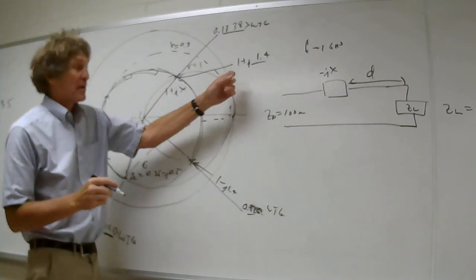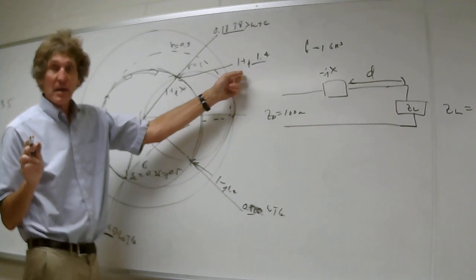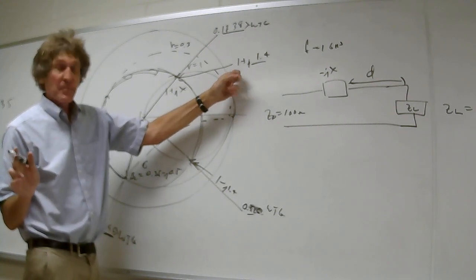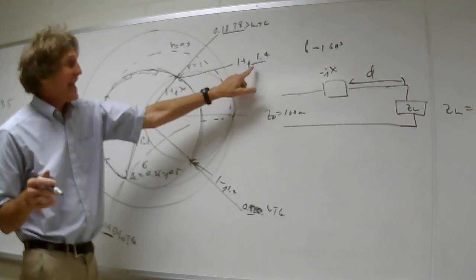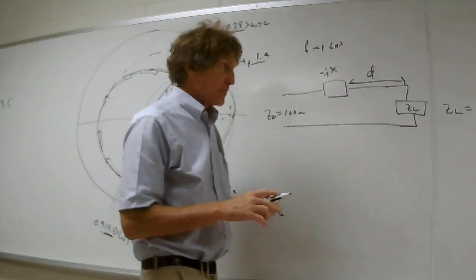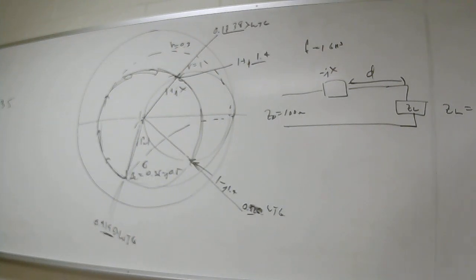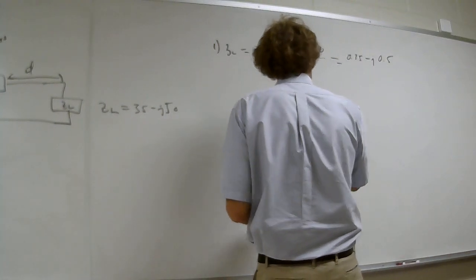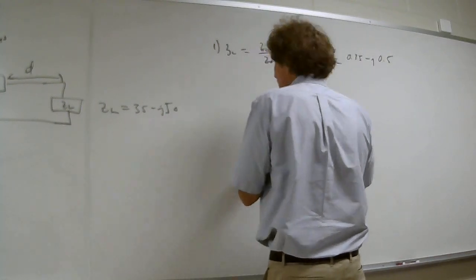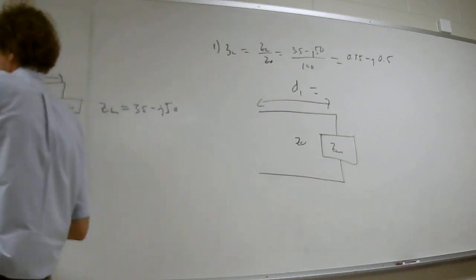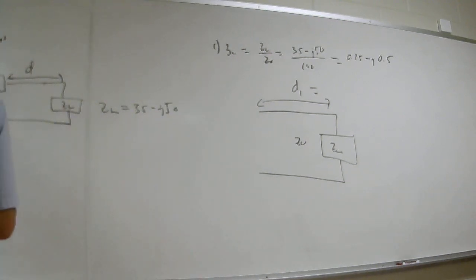Now, if we stop here, just listen to me right here, we would like to add a minus j 1.4. So here's the deal. If we start, here's our load. This is going to be the first one. Here's ZL. This is Z naught. We're going to go a distance, and I call this D1, and we're going to stop right here. So how far do we go? We started here, we're going to end there. So we're going to end at